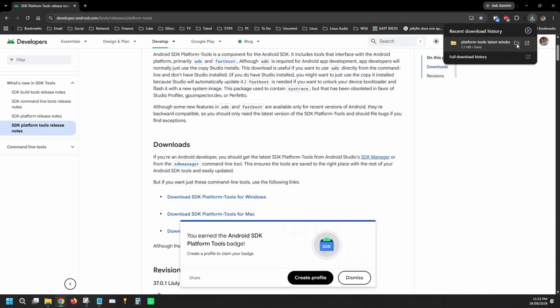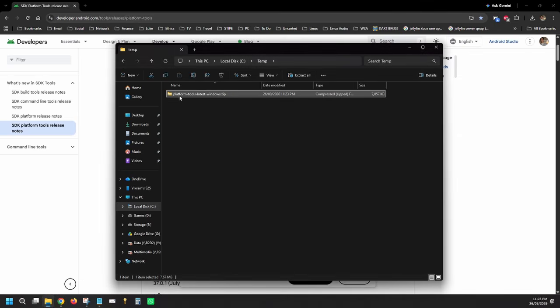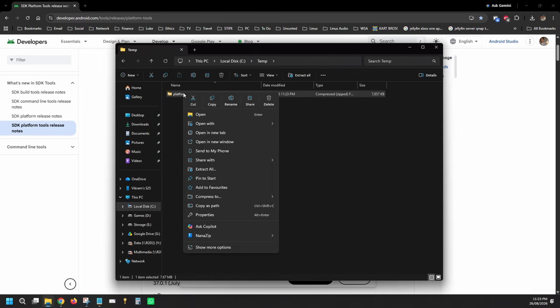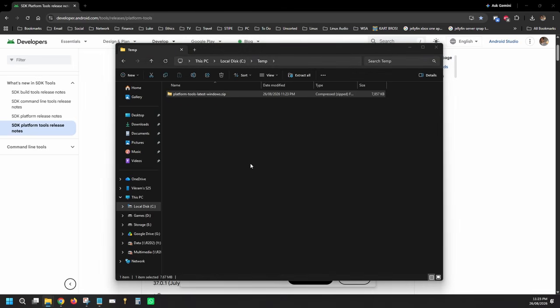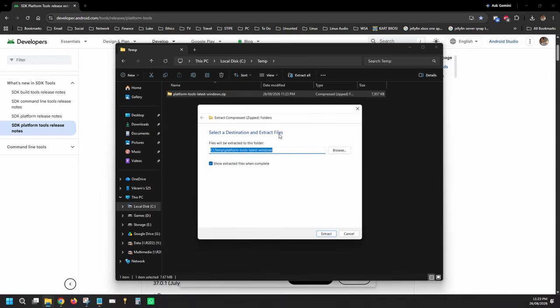Now I can simply browse to that folder, and I need to extract this file into my temp folder itself. So I right click it and just click Extract All. You'll then be prompted with this box that says files will be extracted into this folder. Well, we don't actually want it to be extracted to that folder. We just want to have it go straight to temp. So delete everything that was there, just make sure it says C:\temp or whatever drive your temp folder is in,